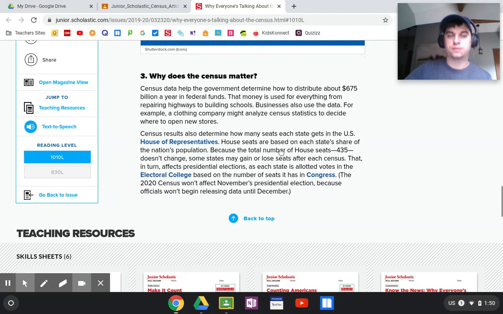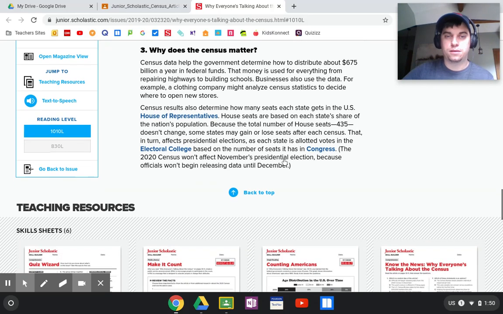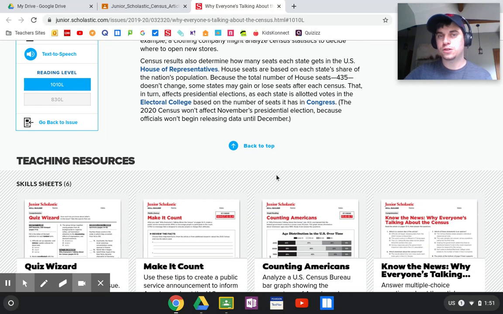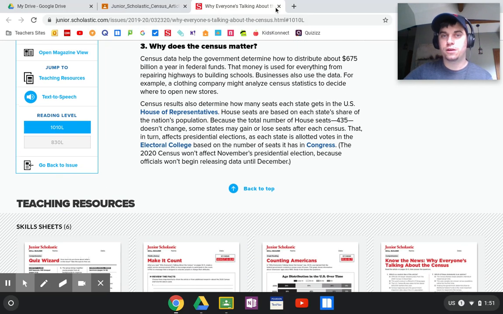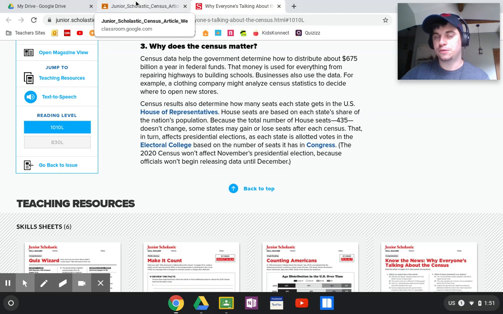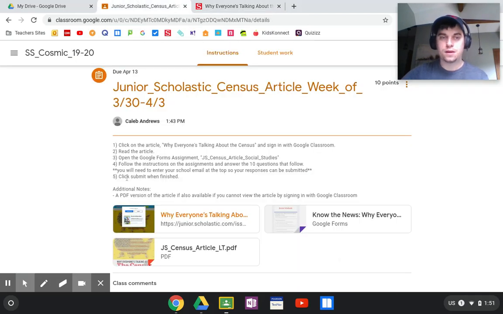And this kind of connects to the elections. Okay. And you can go more into depth. So again, pretty short article, so just make sure you take the time on it. Once you're done, you can keep the article up if you'd like. I would strongly recommend it, because you'll need to go back to the text to help you with the questions that